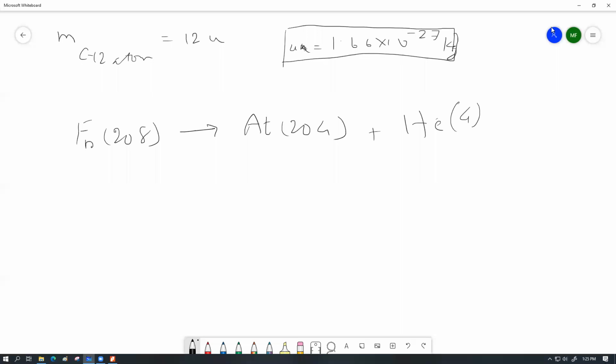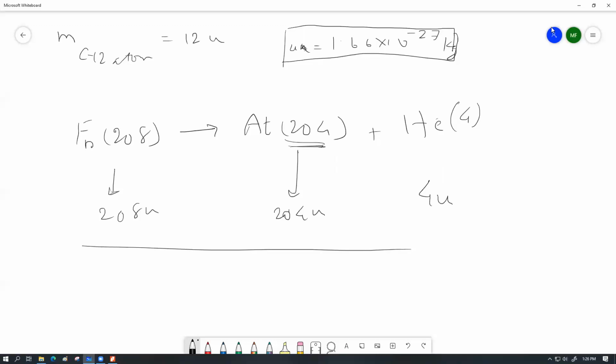Anyway, the point that I was trying to make is that whenever you are doing math with this problem, the francium nucleus will have a mass of 208 u. The astatine nucleus will have a mass of 204 u. If you know the mass number of a certain atom, you can simply multiply the u amount with this thing over here. The helium nucleus will have a mass of 4 u. Interesting for you to observe that whenever you do your sum, preferably for the momentum sum specifically, you do not prefer to multiply this whole number with your mass numbers to get the actual mass in some scientific format, because the way our momentum equations always work is that